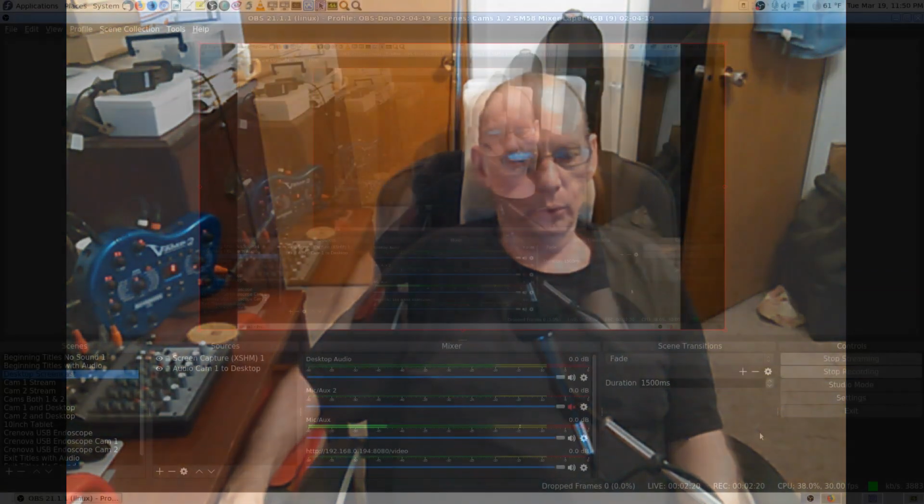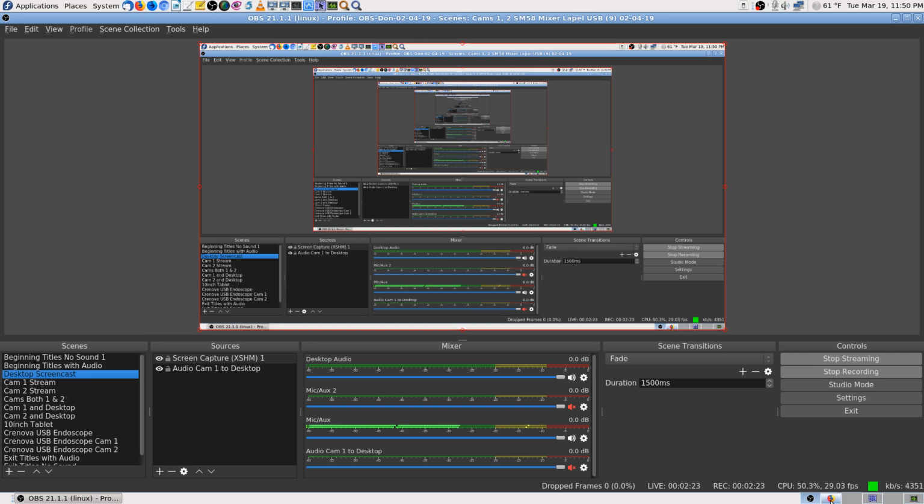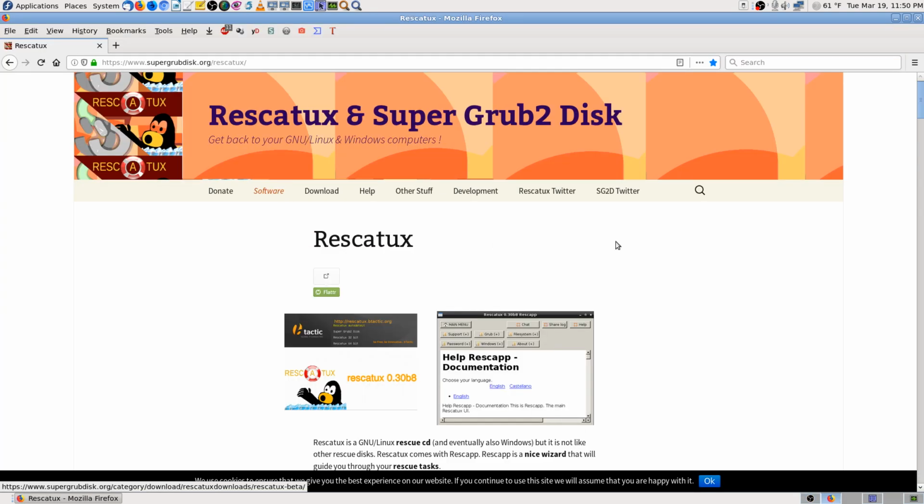So anyway, let's get to what I want to do. I've got a new ISO to test from Adrian, the developer of Rescatux. I always say that wrong, because that's the way it is in my mind. I don't care how hard I try, I can't change that. My mind works the way it works. Anyway, the website is actually supergrubdisk.org, and Rescatux is